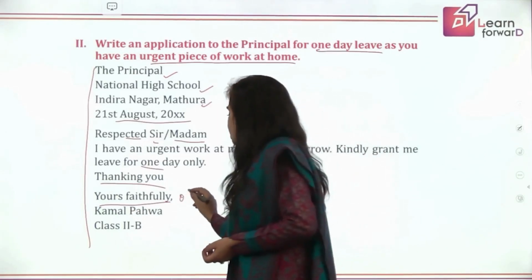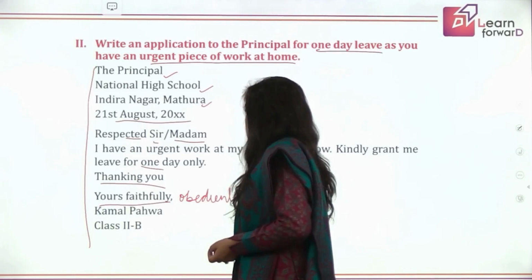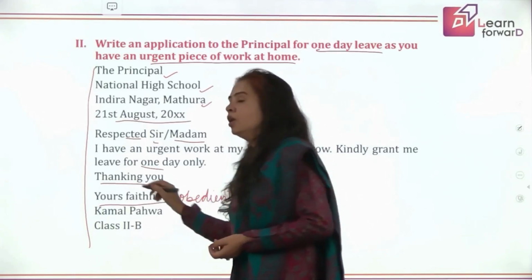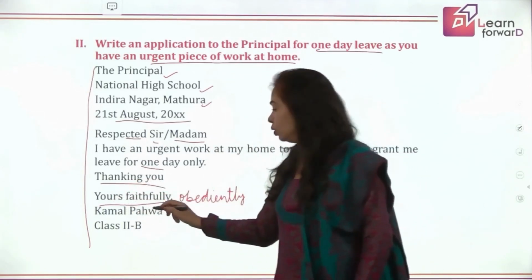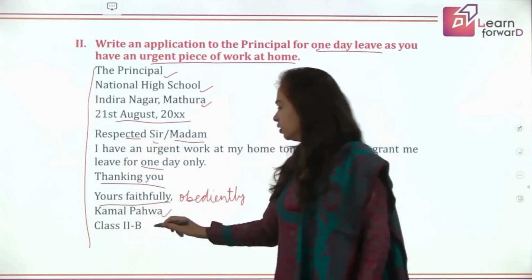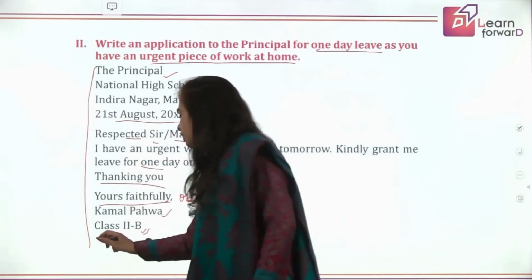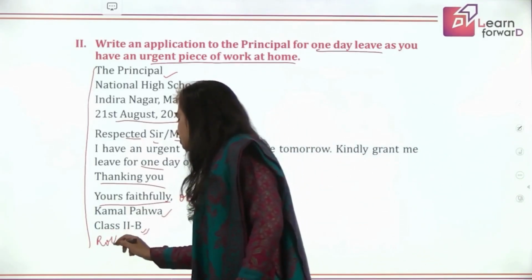Because you are an obedient student, you can also write "obediently" here. Yours obediently, write your own name here, then write your own class with section here. And if you know your roll number, you can also write your roll number here for your class teacher's